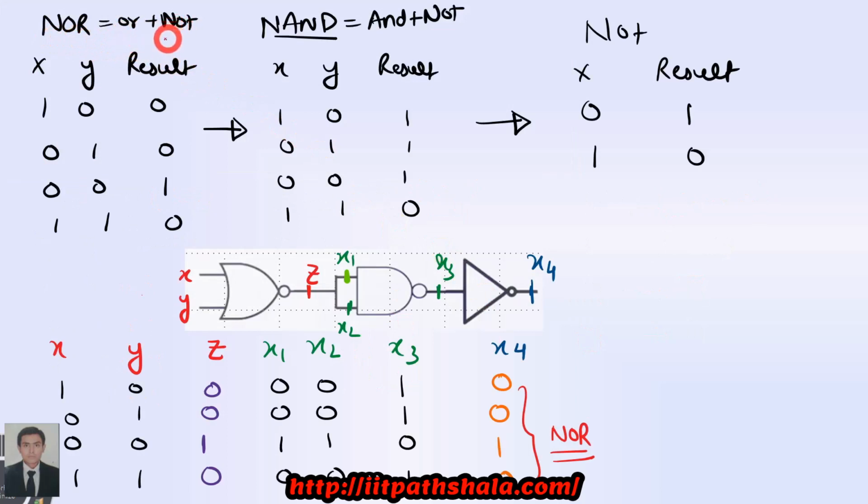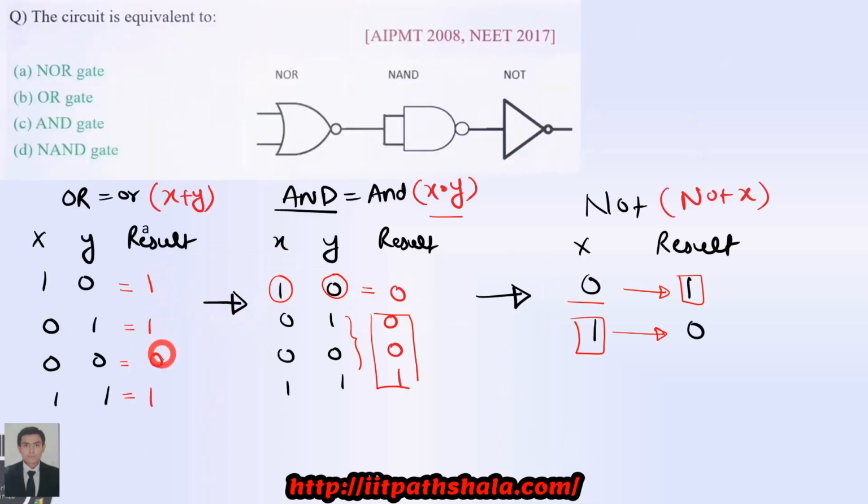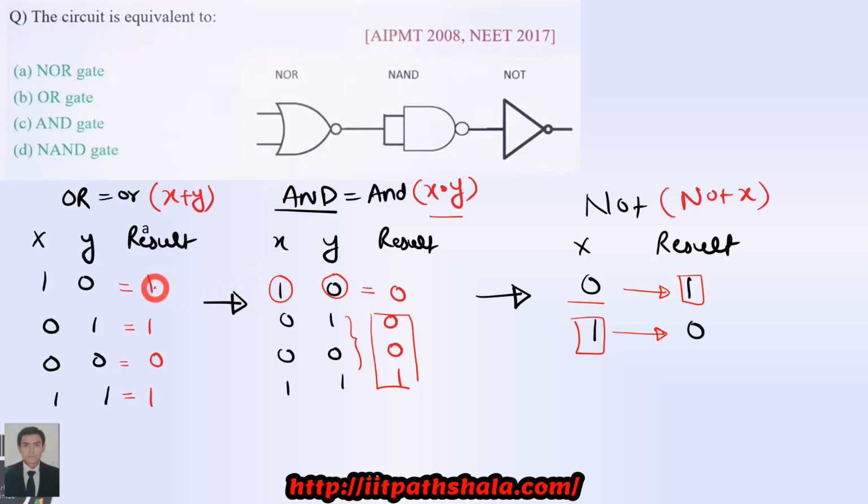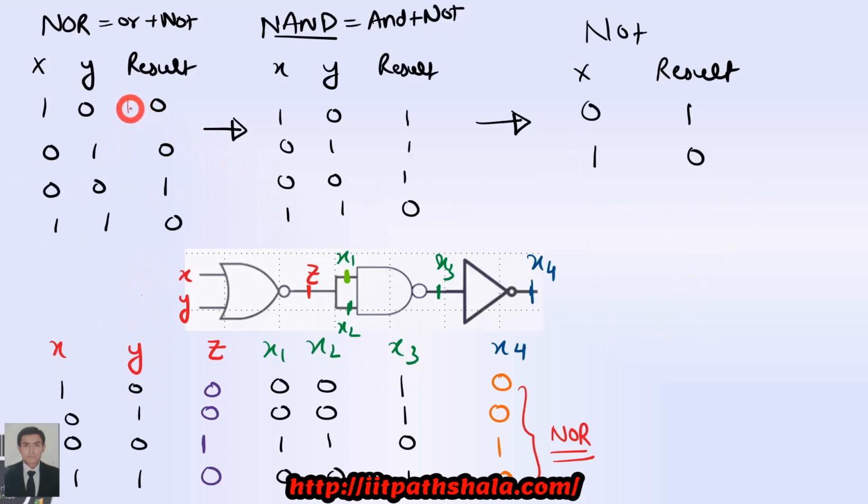Whatever results you are having with your OR gate, you are negating the following result. In the following you are having 1 1 0 0 1, then you will be negating the output of the OR gate and writing your negated output, which is nothing but the opposite of the previous output. So if you are having 1, you are making it 0. Okay, so 0 plus 1 was coming out to be 1, and because you are having a NOT gate at the output itself, you are negating the output. So instead of 1 you will be writing 0.